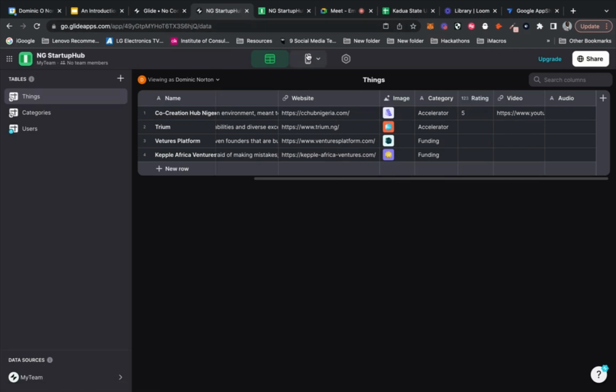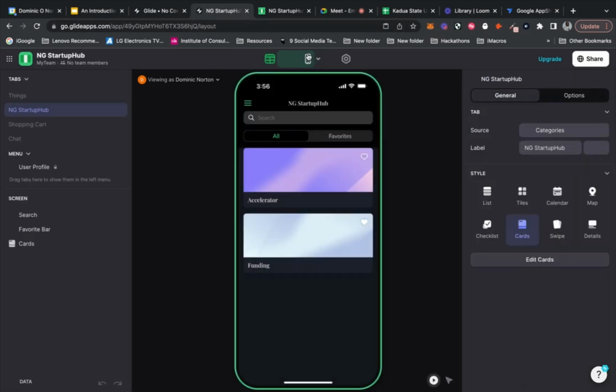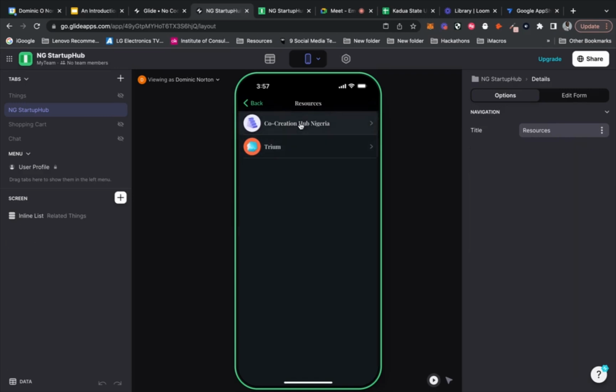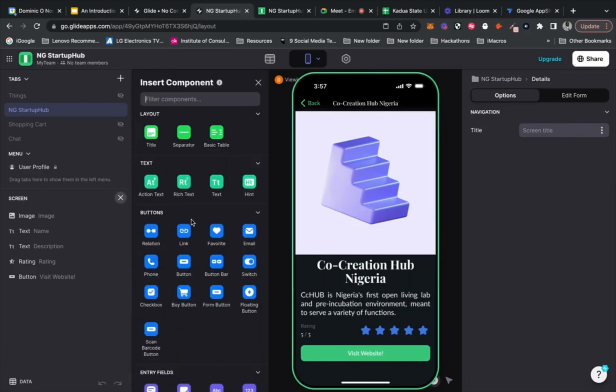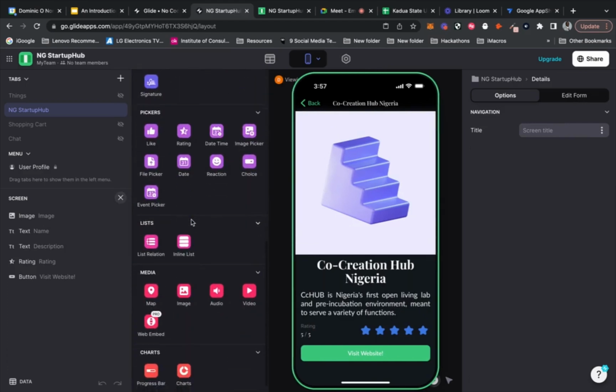If you wanted to create an e-learning app, some kind of video-based app, or your own version of YouTube in an app, you can do that. So what we would want to do is go to Accelerator, go here, and on the detail screen, we would have to add the component that allows us to display a video.